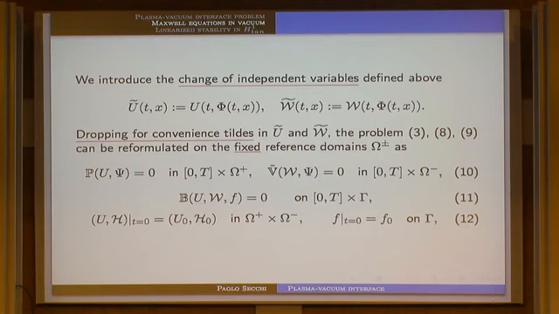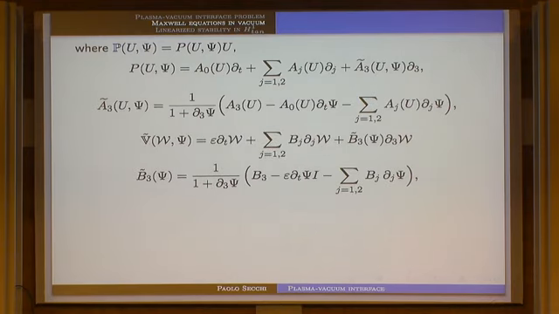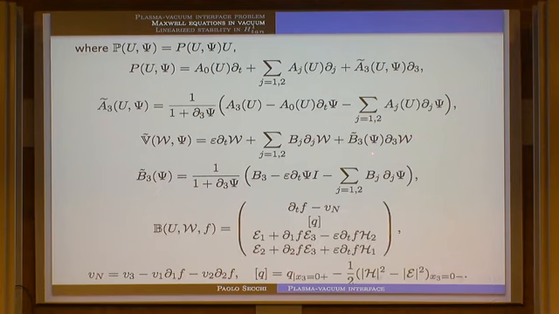And we get the new system. The new system written in short form is this one: in Omega plus the plasma equations, the vacuum equations here in Omega minus, and the new boundary conditions together on Gamma, the flat boundary. So this is the transformation of the plasma equations, where you see that only here, in the coefficient of the normal derivative, we have the introduction of psi, which gives the diffeomorphism for the change of variables. Here we have the new form of the Maxwell equations in vacuum, and the boundary conditions.